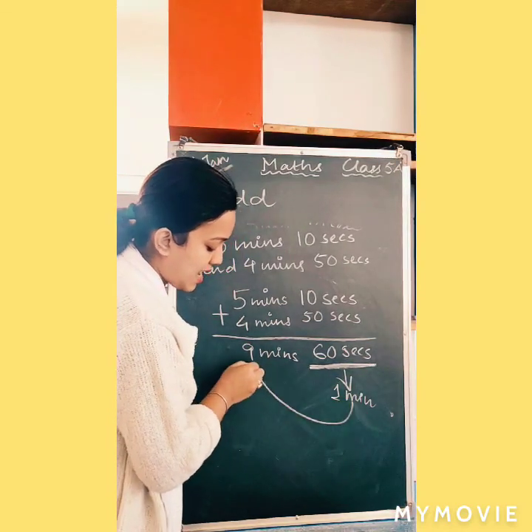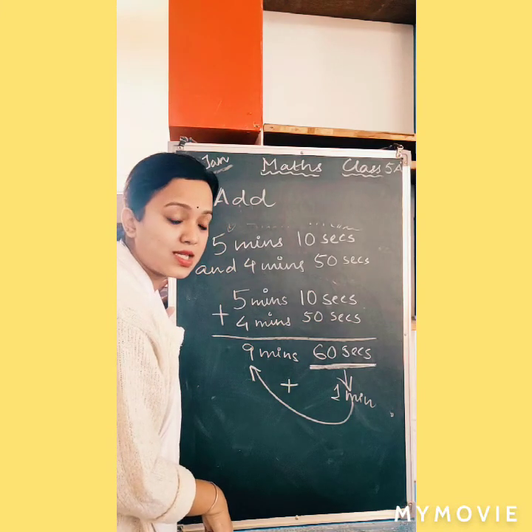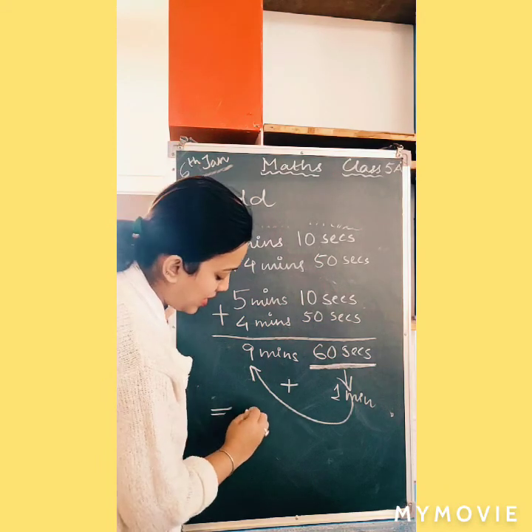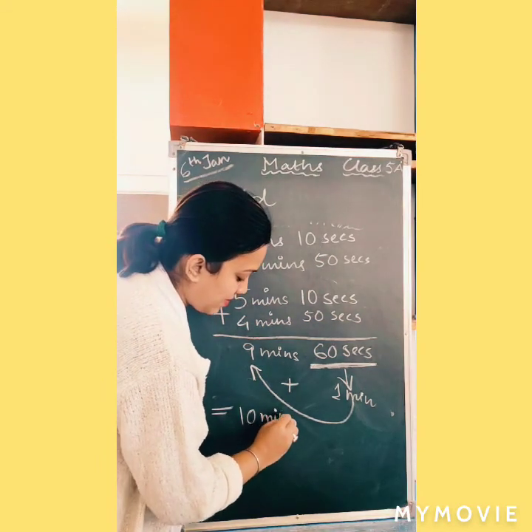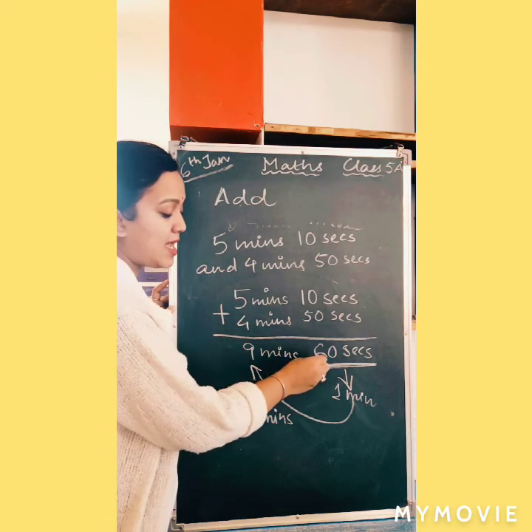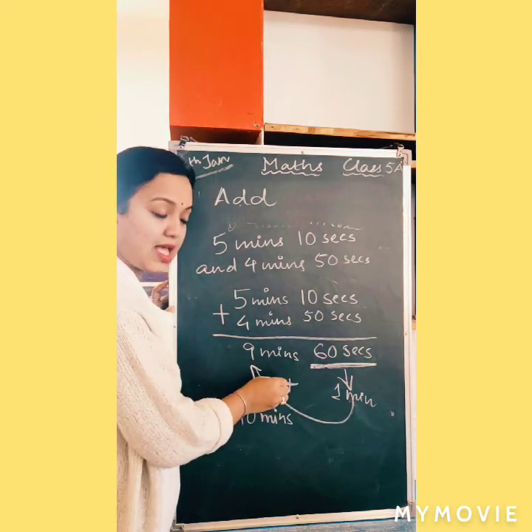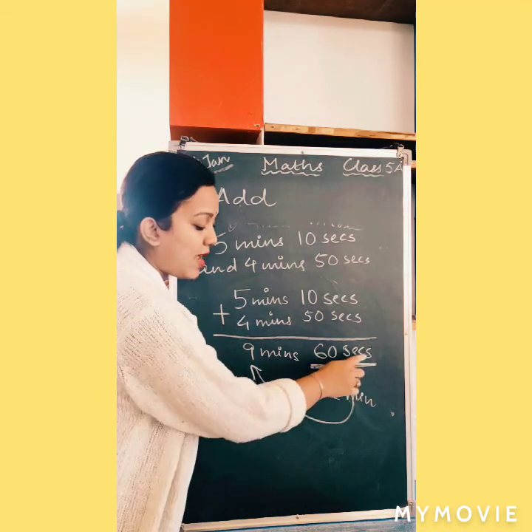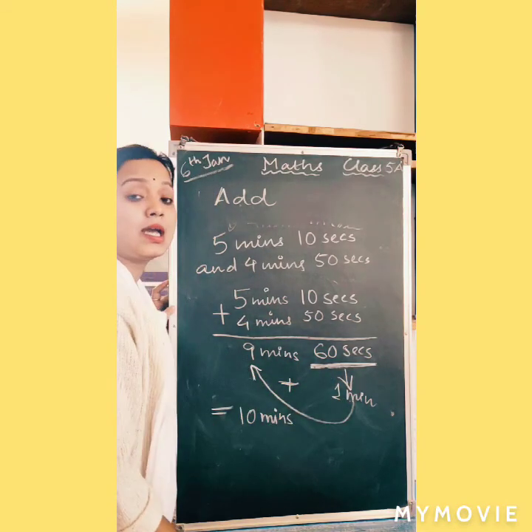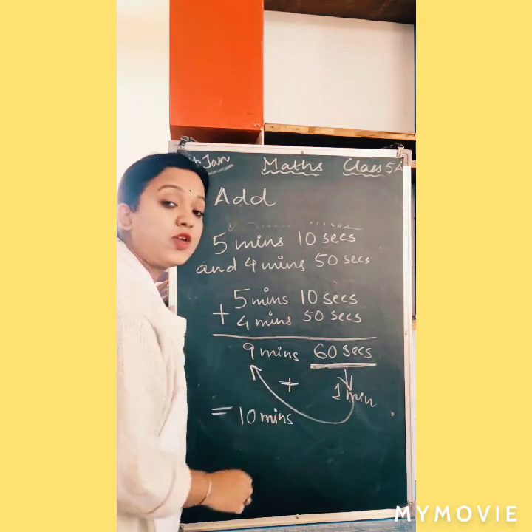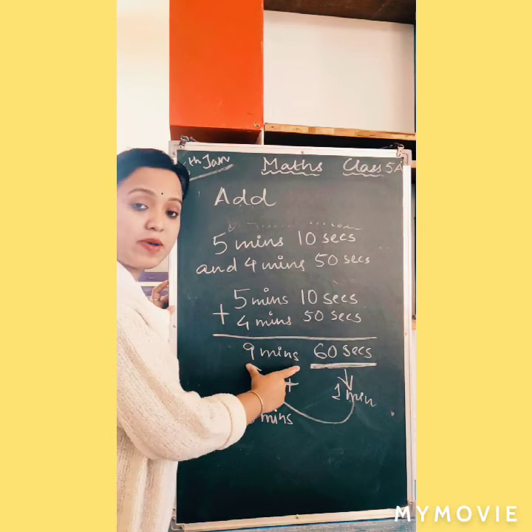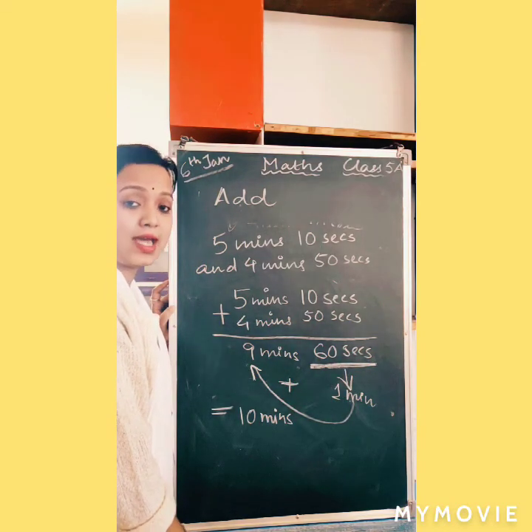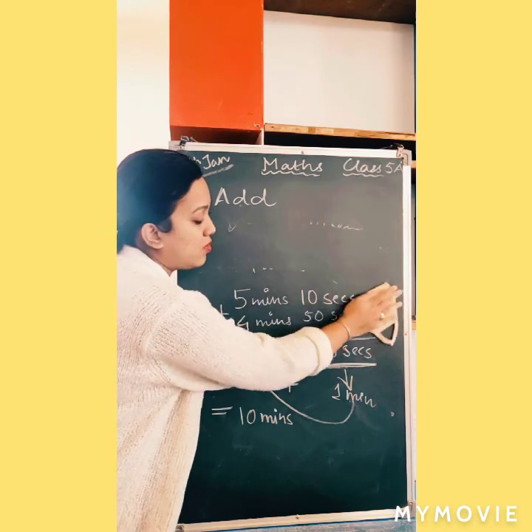So this 1 minute I am going to add up with 9 minutes. So now my answer is not 9 minutes 60 seconds. My answer will be 10 minutes directly. 10 minutes. What have I done? I have added this 1 minute with these 9 minutes and now my answer is 10 minutes. So always remember to find such things where you have to add it up with the next part of the solution. If those things match with the formula, then you are going to add it up. Okay. Now we will do one more example.